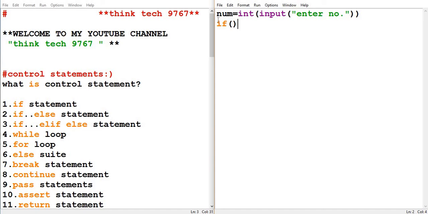First of all, the number is greater than 0. If the number is greater than 0, then definitely it will be positive. Okay, it will be positive. And